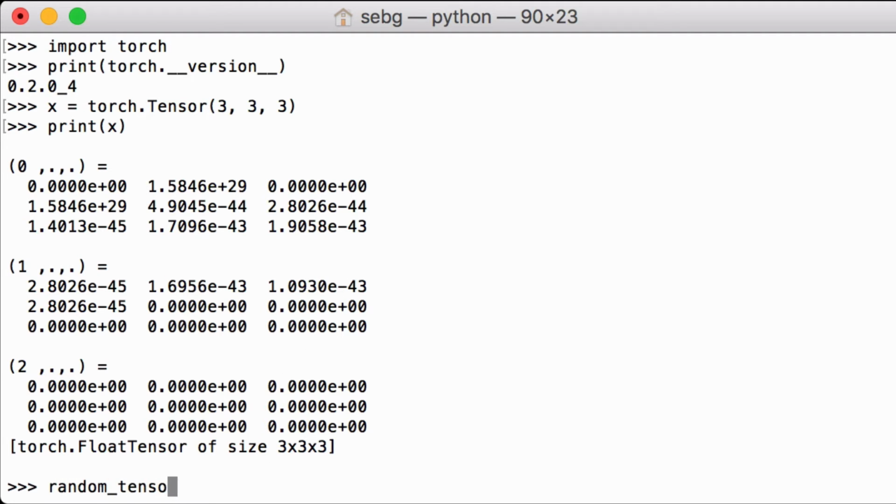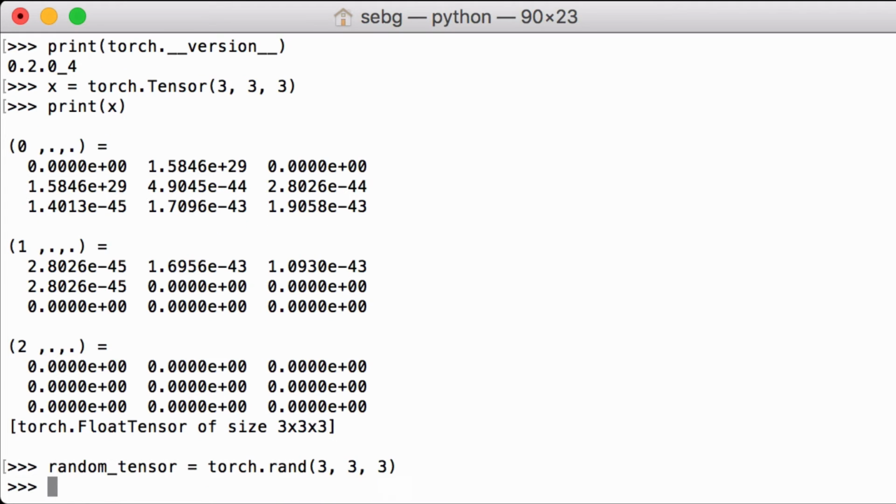Next, let's create a second tensor, random tensor, using the PyTorch rand functionality. This random tensor is a PyTorch tensor where each entry is a random number pulled from a uniform distribution from 0 to 1. To see what the random tensor type is without actually printing the whole tensor, we can pass